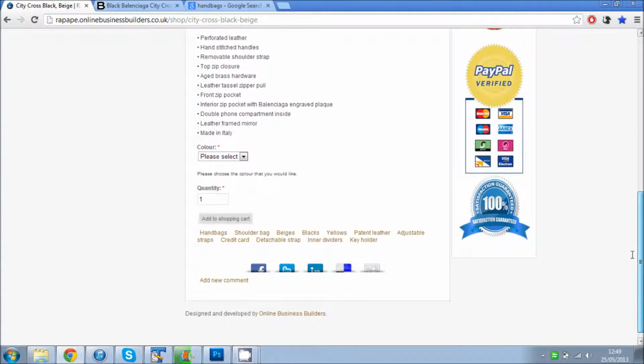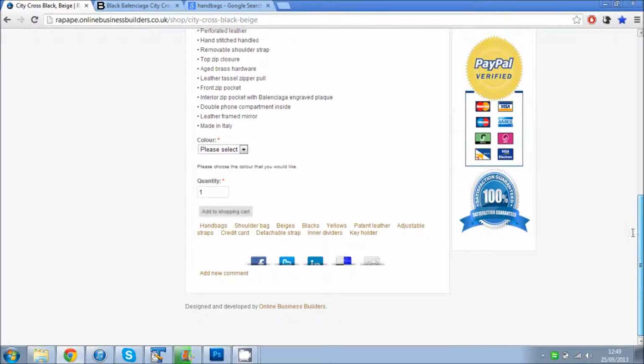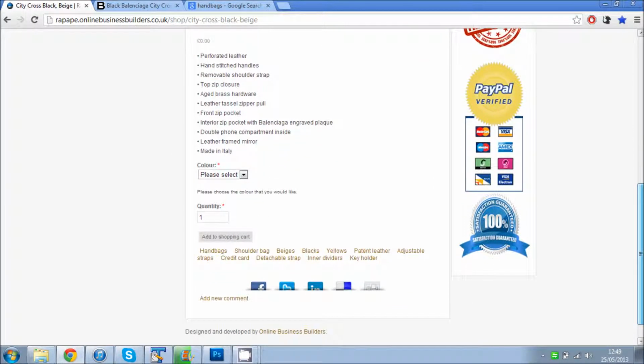And that's all the information really that gets displayed to the customer anyway. There is one thing that we may notice, and that is that it's currently available in all colours, which is not exactly what we wanted. Okay, so